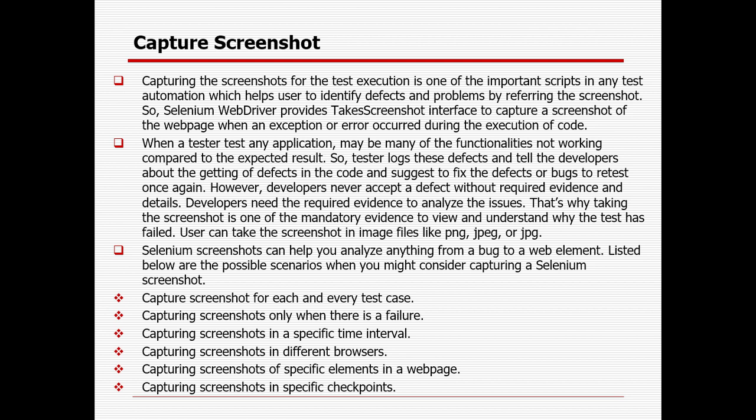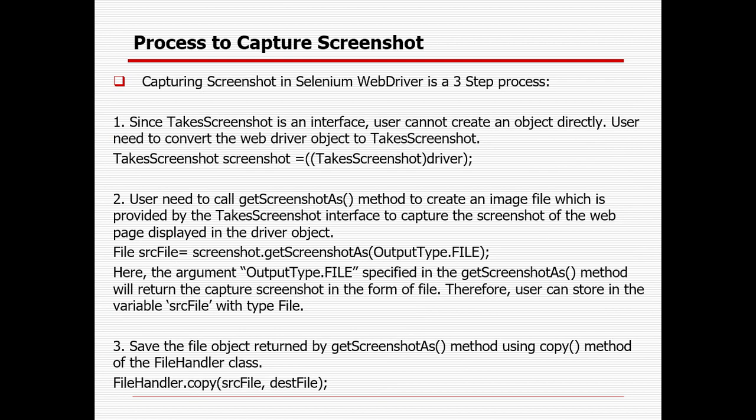So that is the reason capturing a screenshot is very, very important. It specifies which browser you are executing, what steps you are executing, whether you are validating any checkpoint or not, the reason this case is failing, what the reason for failure is, and whether you are logging the failure or not. So screenshot is required from the testing standpoint all the time, whether it is a failure or a pass.